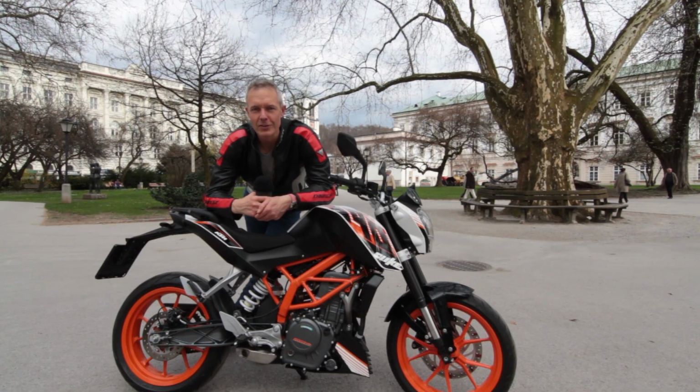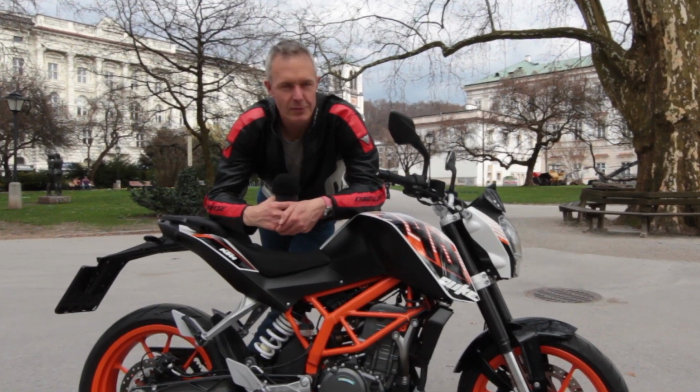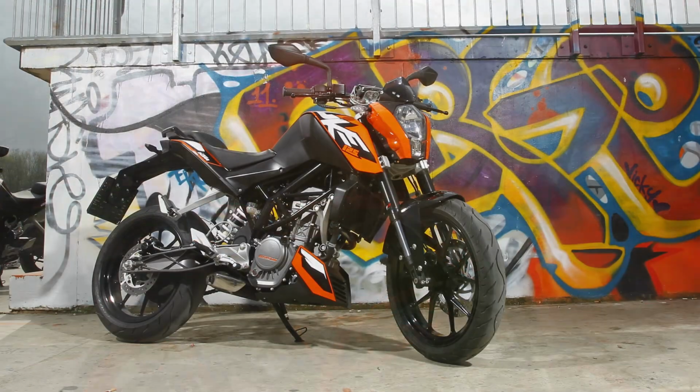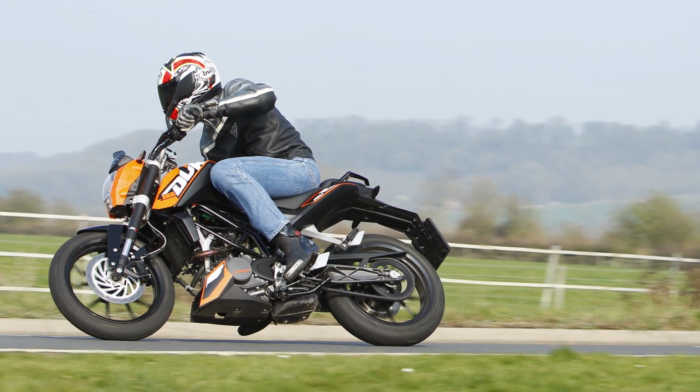Hello, this is Salzburg in Austria. It's just down the road from Mattighofen, where KTM's factory is. The reason I'm here is this bike. It's the 390 Duke. KTM hit on a successful formula in 2011 when the Austrian firm teamed up with Bajaj